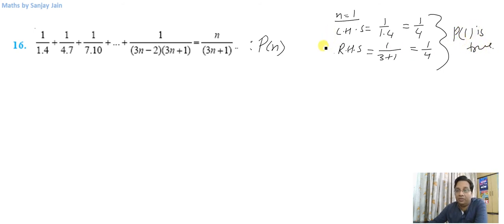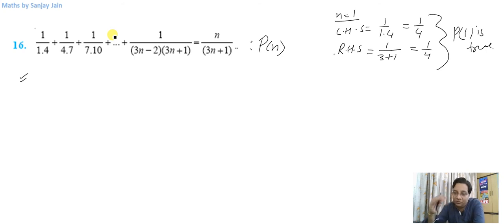I am doing this on the right hand side, so you should not learn something out of it. I am just trying to save some space for the working of P of k plus 1, right? Otherwise you should do it here in your examination, because you will have ample space to work on. This is a computer screen, so I have to make sure that the relevant points are always there on the screen, right?